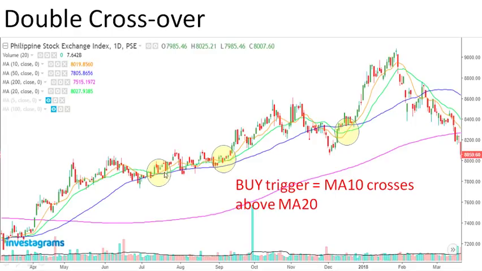Ibig sabihin, yung cost nung impatient mas mataas sa cost nung relatively less patient na holder. So basically, ginagawa mo trigger yung pag-cross nung smaller moving average above relatively longer moving average. Normally ginagamit just MA10 or MA20. Yan, boom, boom. Pag nag-cross by,